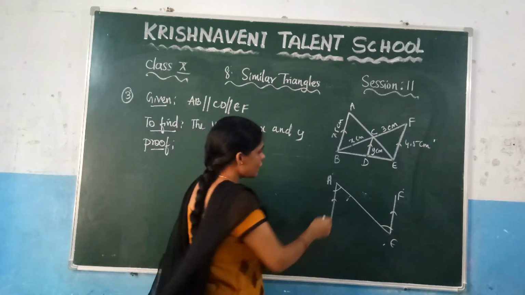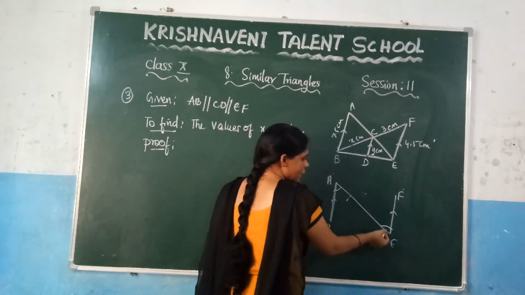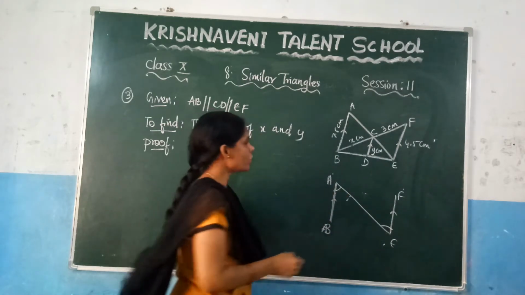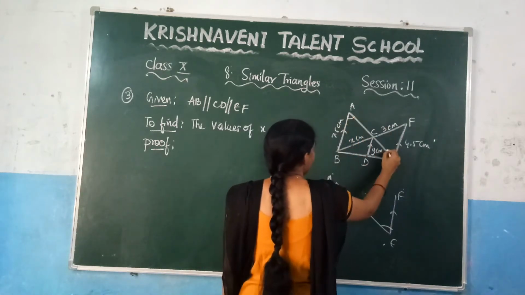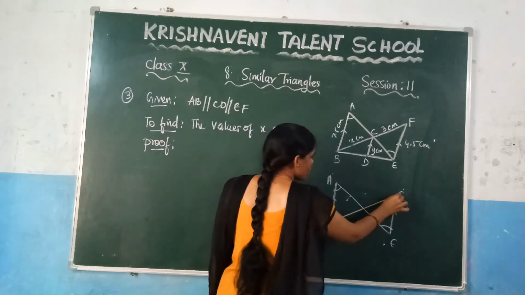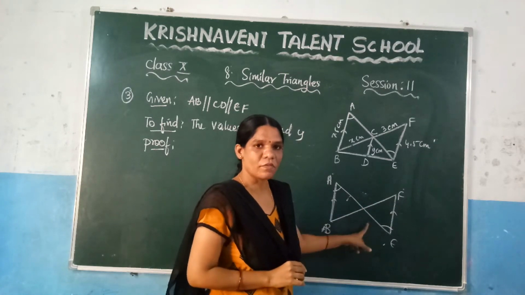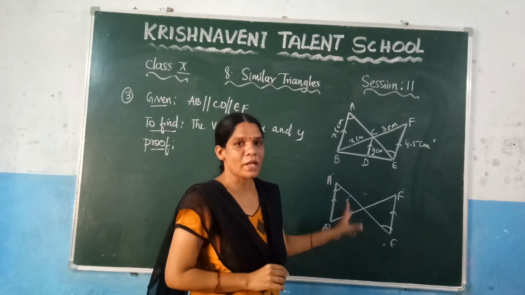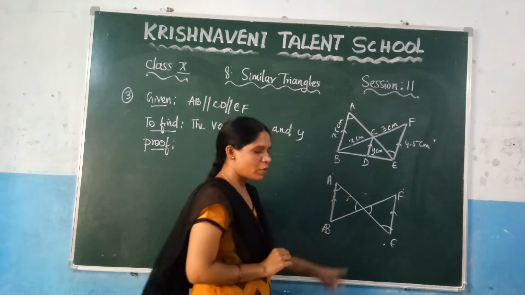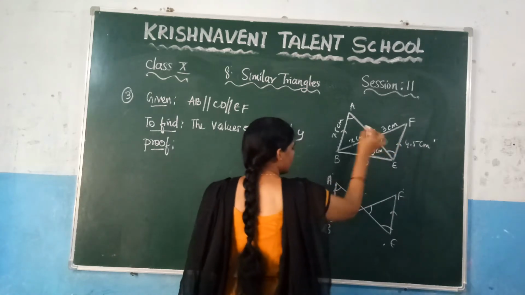Here you can observe that these are the parallel lines and we have drawn one transversal. And what are the angles? These are the alternate interior angles, and you know that the alternate interior angles are equal. So here you will get this angle is equal to this angle. And similarly here, these two lines, if you join here, these are intersecting lines. If two lines are intersecting at one point, vertically opposite angles are formed and they are equal. So this angle is equal to this angle, because these are vertically opposite angles.